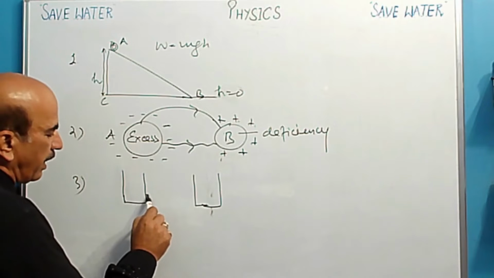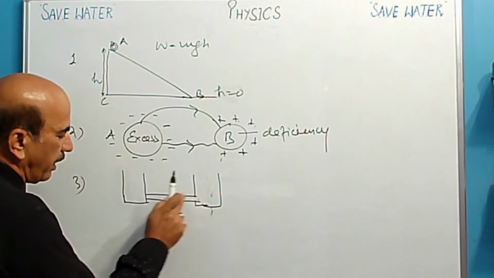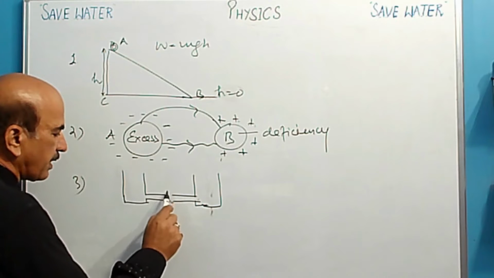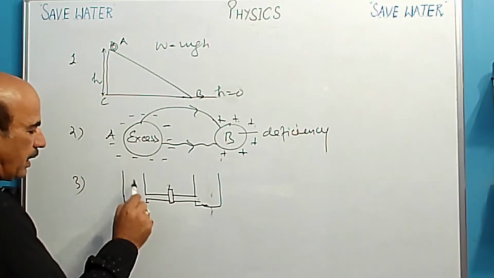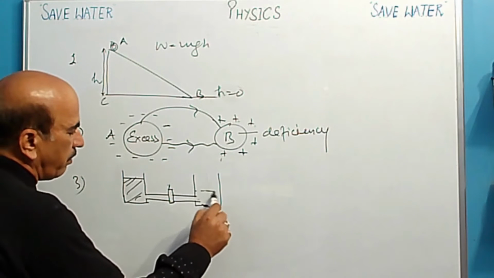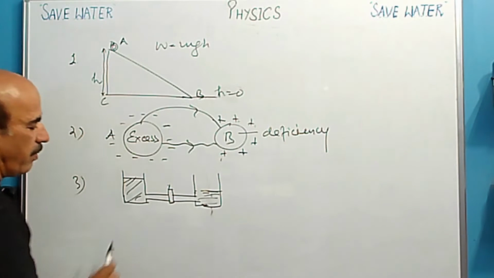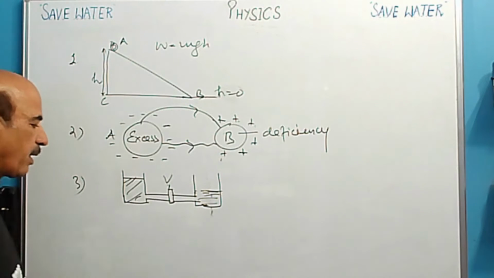And these two are connected with a tube. ये दोनों connected हैं एक ट्यूब से, और बीच में क्या लगा है इसके वॉल. This is the valve here. Yes, it has water level up to this, and it has water level up to this. यहाँ तक है इसमें. So if we open the valve, इस valve को खोल देंगे, तो what will happen?